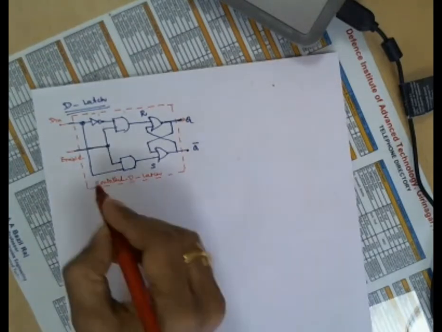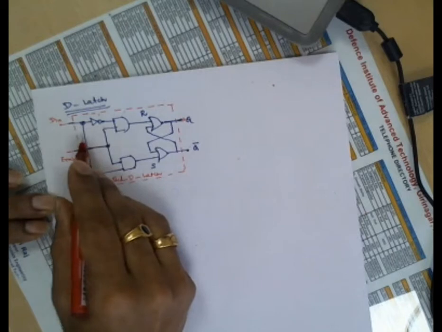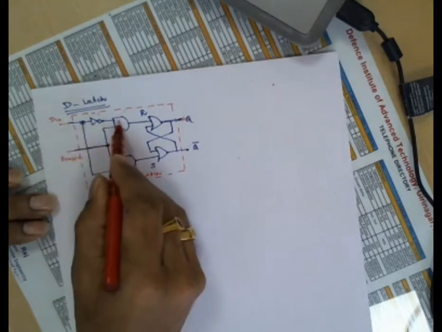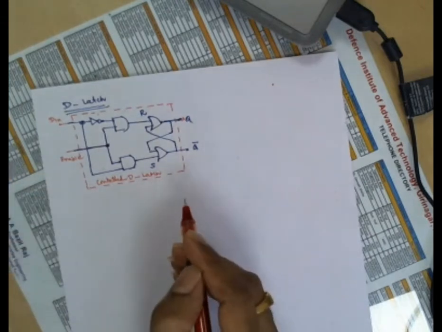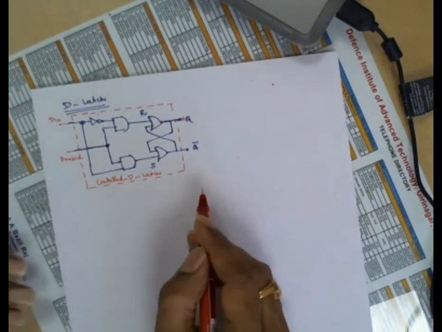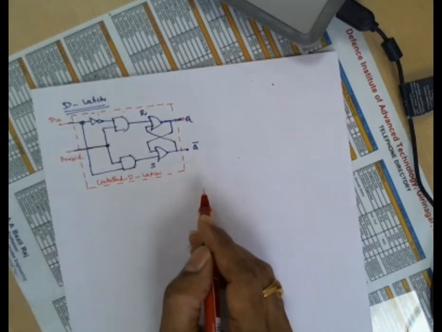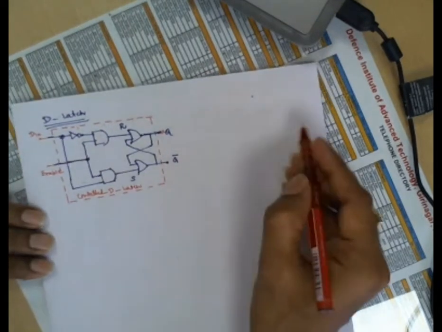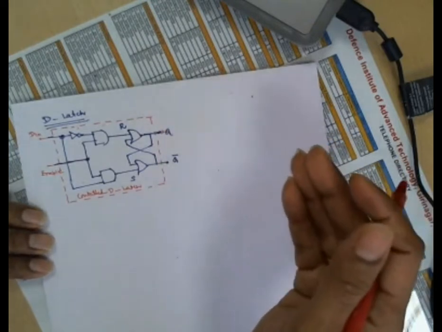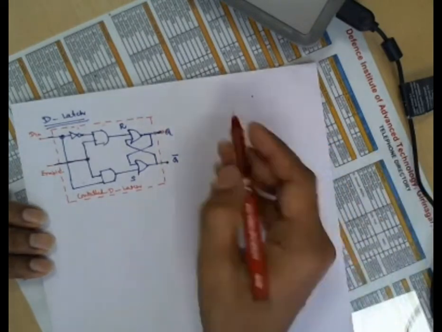That means this input is connected to D in, and the D in is connected to the AND gate's first input through one inverter. That's all, through one inverter, right? Now, we will analyze how this latch works, because it should meet the characteristics table of the behavior of the D flip-flop, D latch, right? D is nothing but delay latch. We have seen set, reset, like this. This is a delay latch.